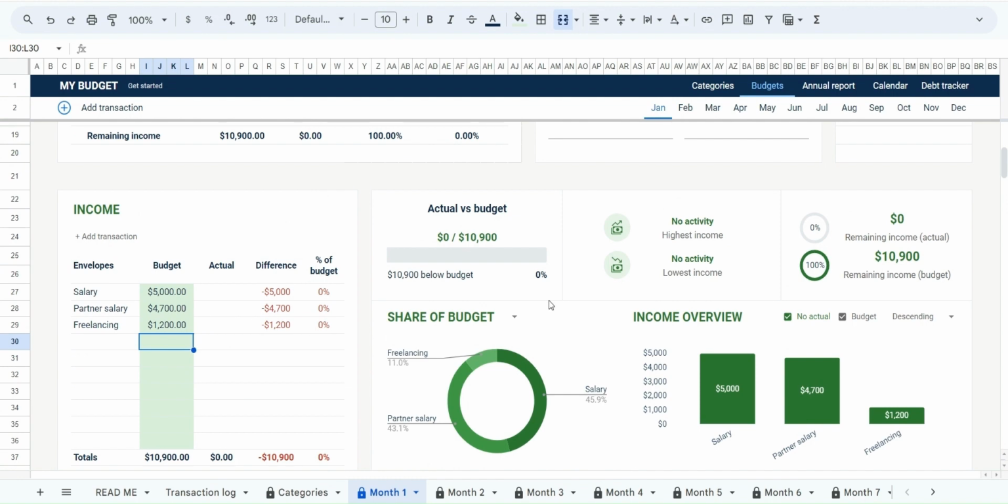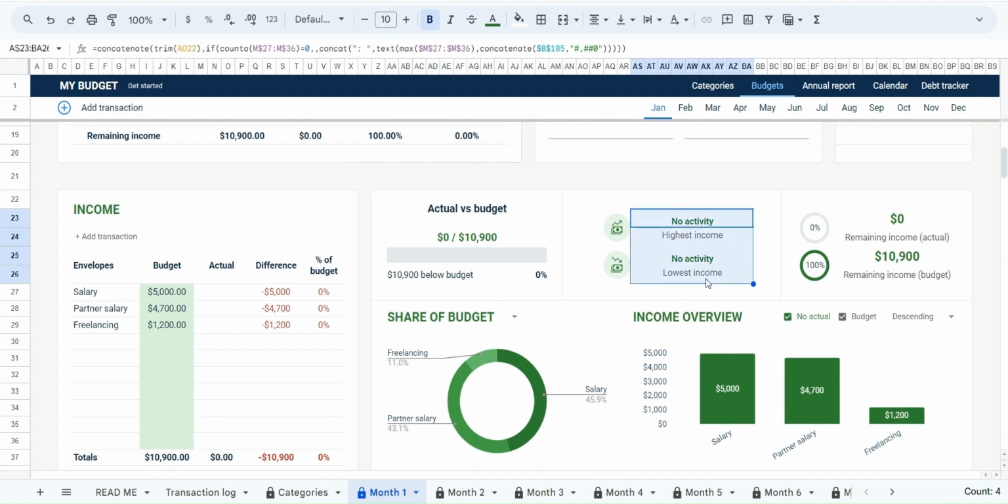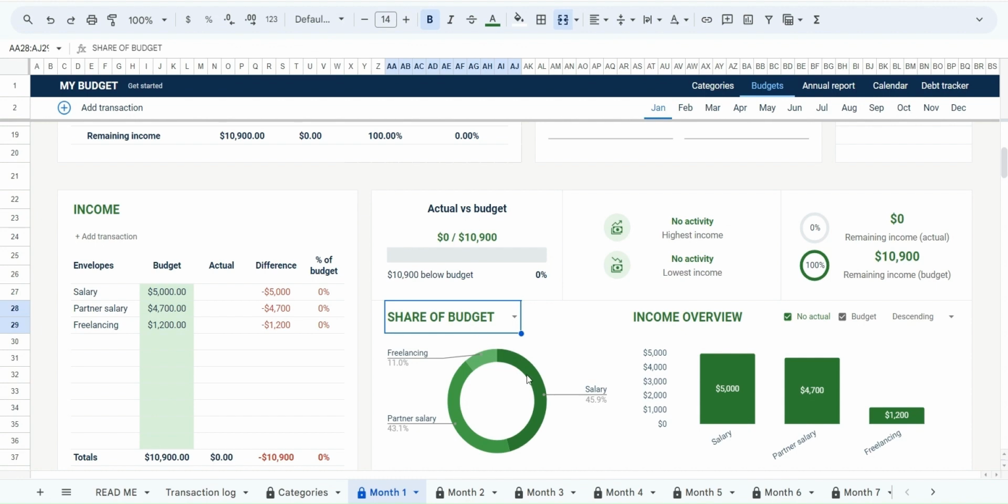And there is a variety of analytics for each category. For example, you can see the progress you have made towards your budgeted amounts. You can see which income is the highest and lowest. You can look at a breakdown of your different income categories by share, and you can also view your remaining